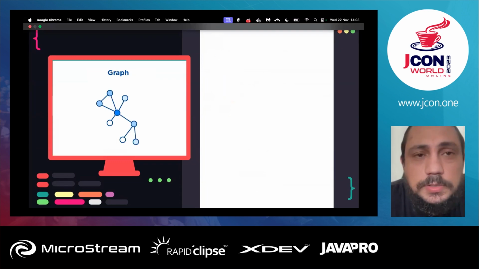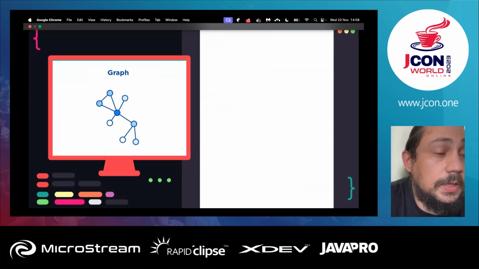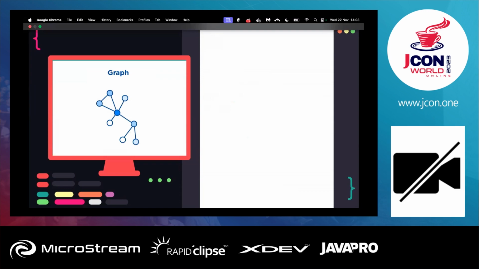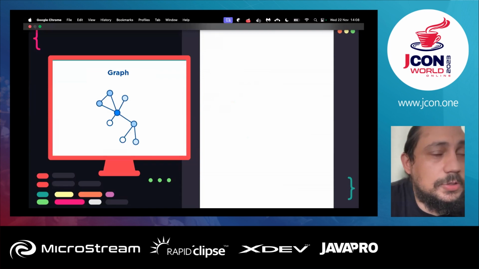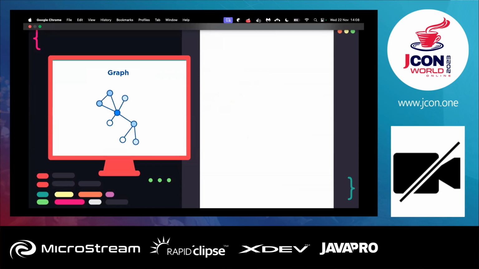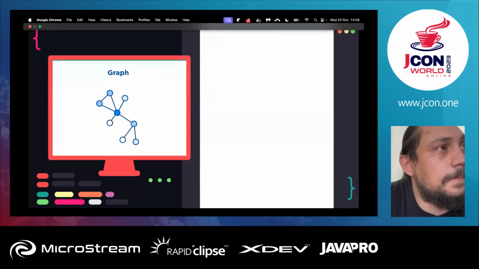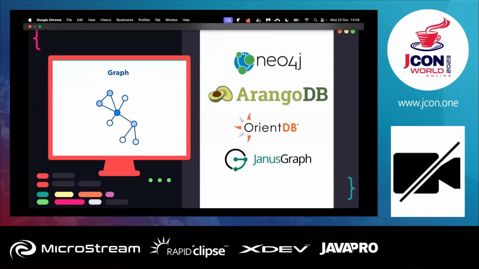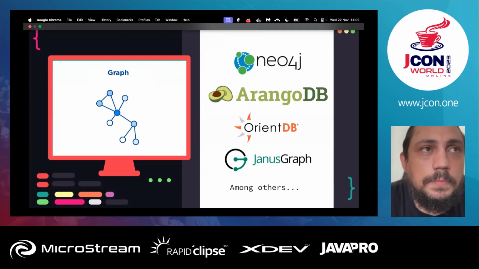But the next one is the graph database. I don't know if you know, but when we are using social media and stuff like that, probably you are using graph vendors. Am I right, Gabriel? You're totally right, Max. And here we have the last member of the NoSQL family. Here we have Neo4j, ArangoDB, OrientDB, JanusGraph, and it is very popular in social media. Am I right, Max? Yeah, because